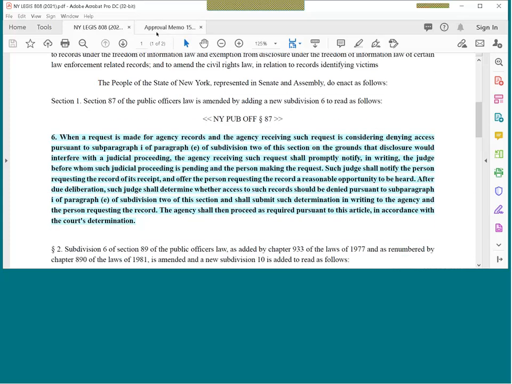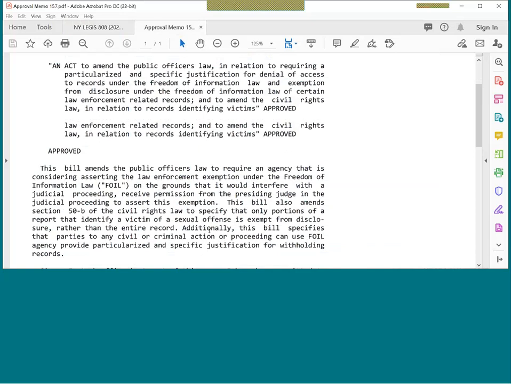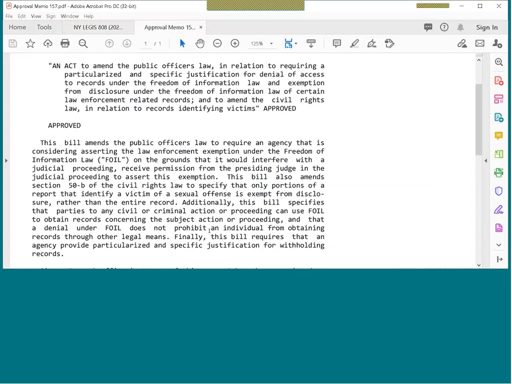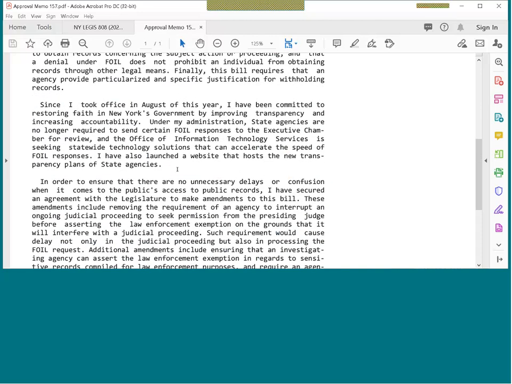So I'm going to flip over to this approval memo, and I'll show you what the governor said. The bill amends the public officers law to require an agency that is considering asserting a law enforcement exemption under FOIL on the grounds that it would interfere with a judicial proceeding to receive permission from the presiding judge in the judicial proceeding to assert this exemption. And then the governor goes on to say,